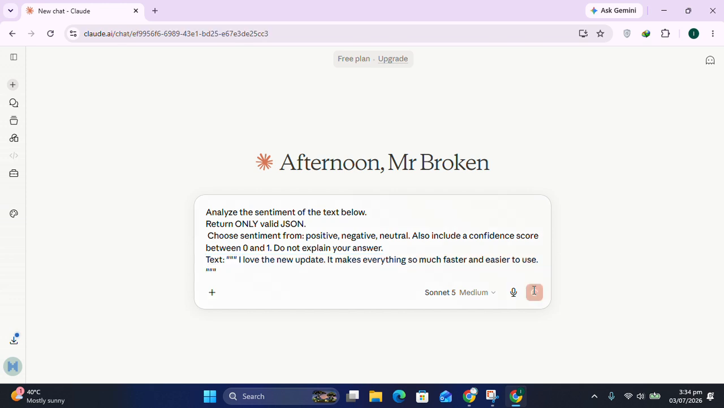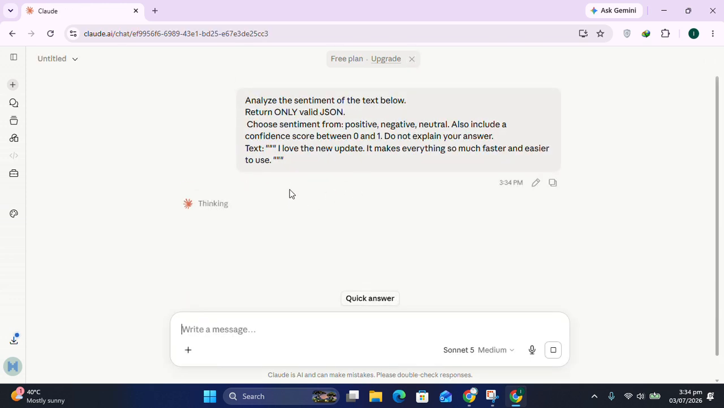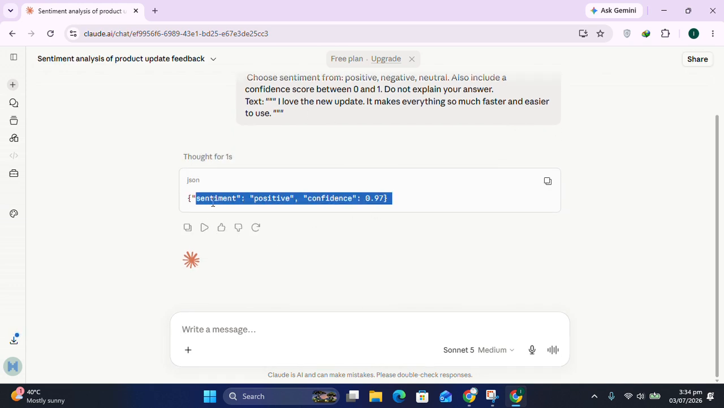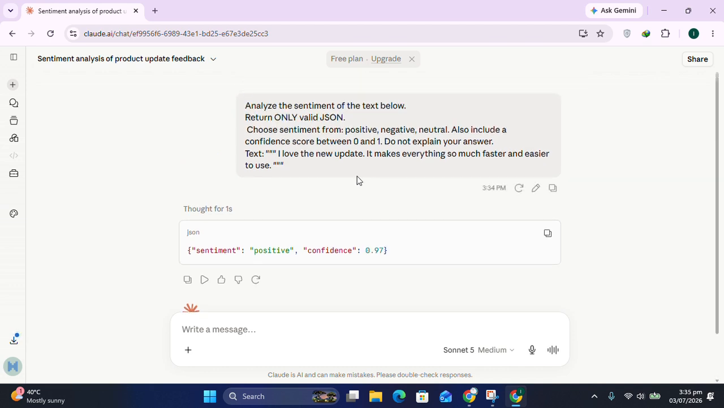I'm going to submit it here, and let's wait for this output. So here is our output. Here's the sentiment, which is positive, and the confidence level. So in this way you can easily analyze the